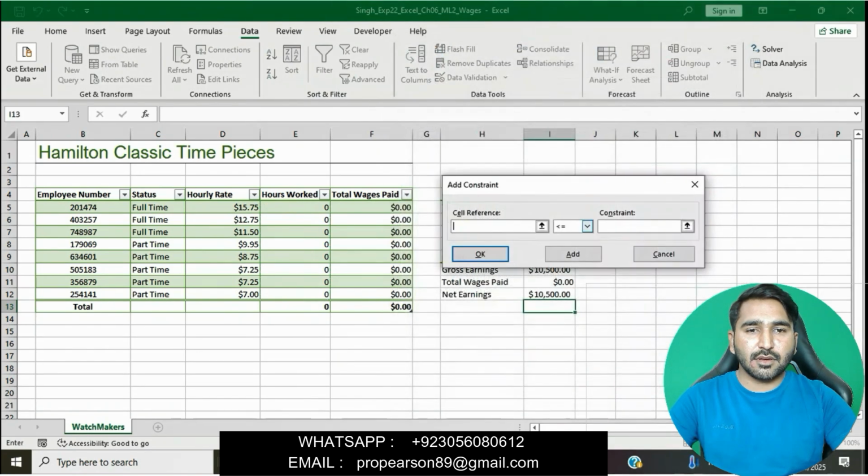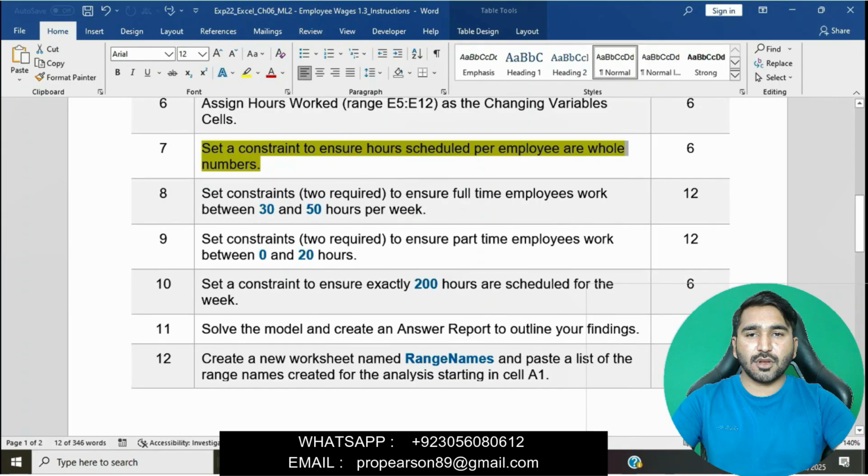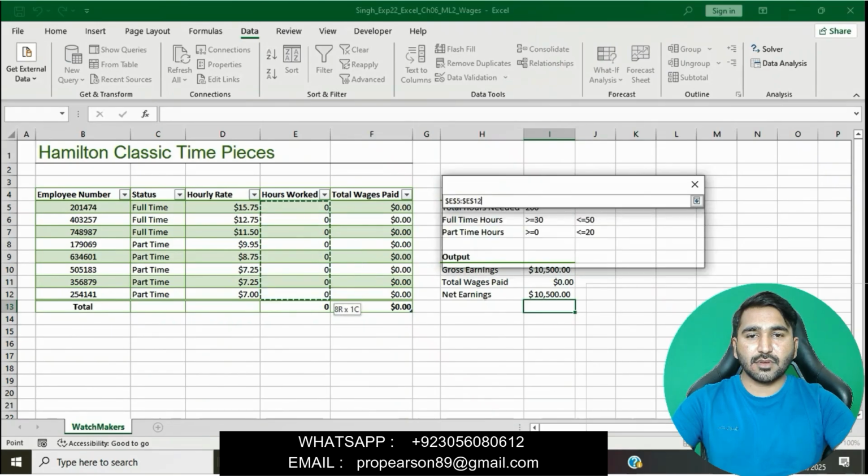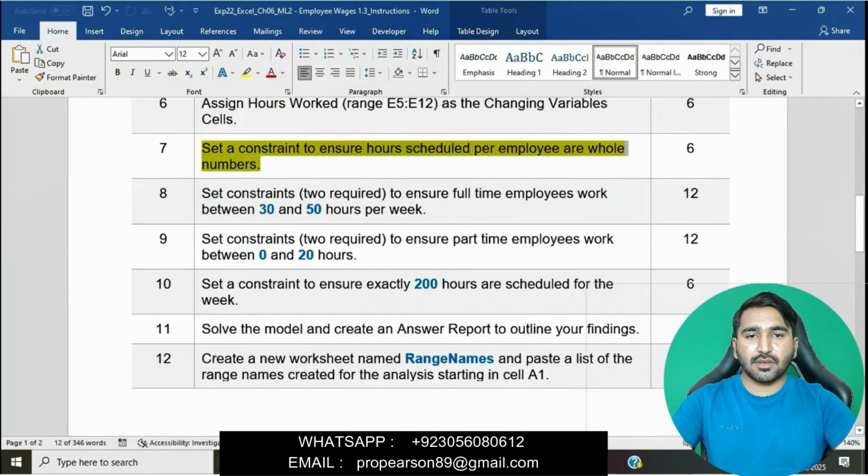We will click on add and then add the constraint: the cell references and the constraint is whole numbers. Hours worked, then click on OK.